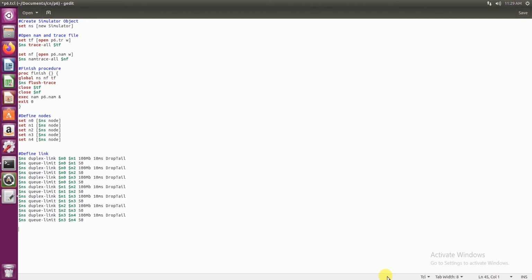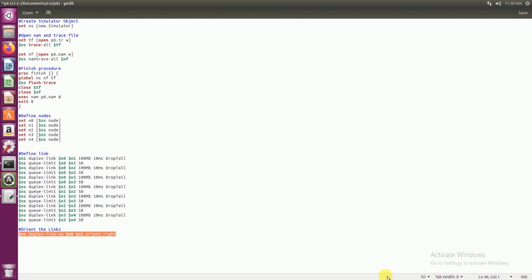orienting these links. Now, orienting links is again in a proper format, that is $ns. The type of the link is duplex-link-op, which represents option, then $n0 $n1. That is, I'm referring to the link between N0 and N1. Then I say orient right. Okay, orient right. Once done, what I can do is